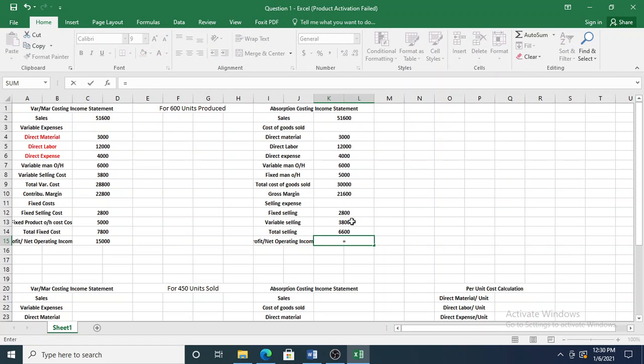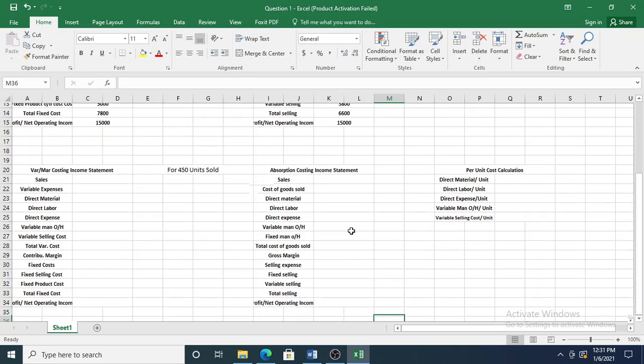To get the net operating income or the profit, we deduct 6,600 from the gross margin, and we get 15,000. So in both cases, the profit is $15,000. Now we're going to calculate the same thing